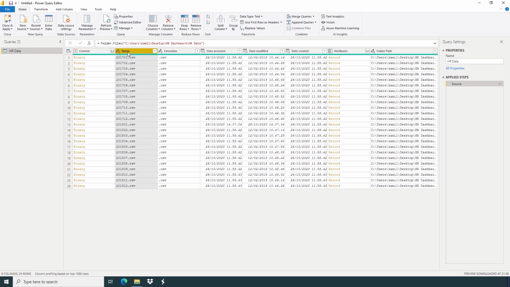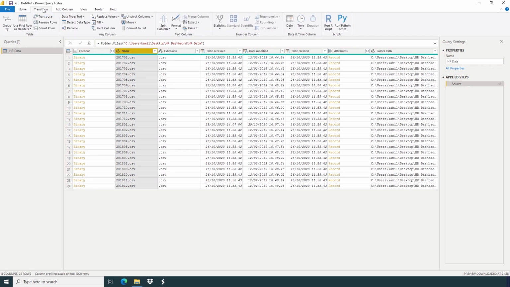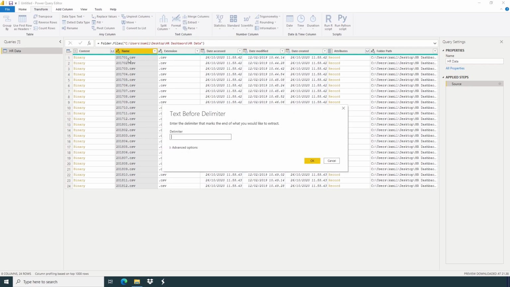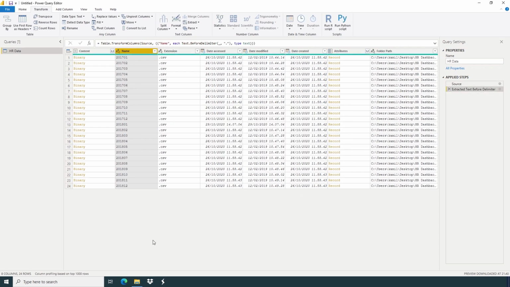So just click here, transform, extract, text before delimiter, and I want to remove .csv. Just write dot. Okay. Now we have only the year and month.